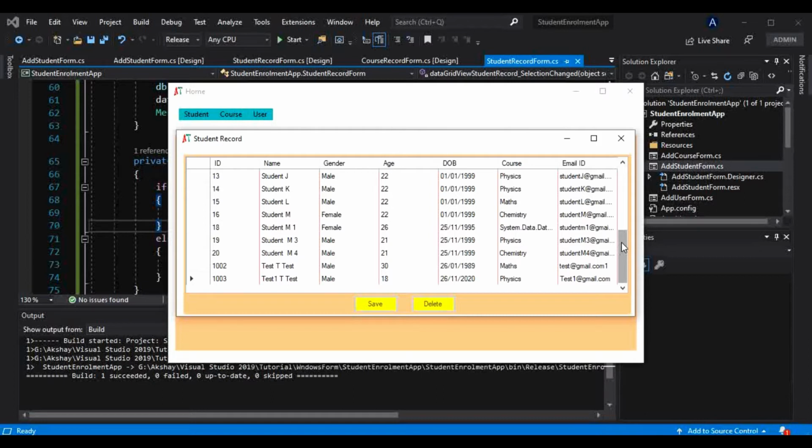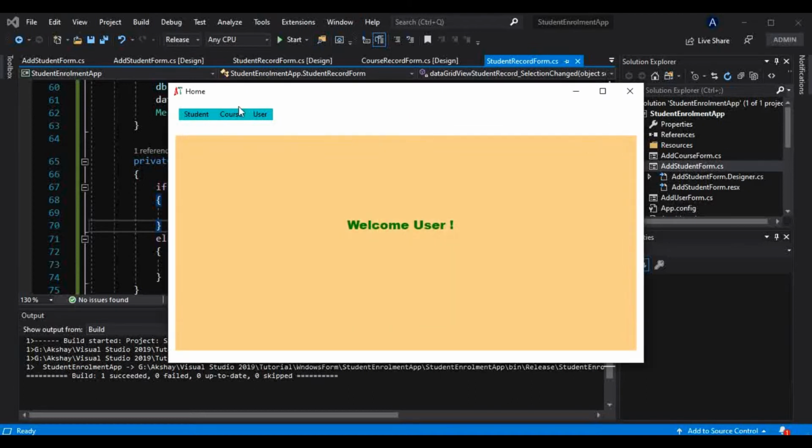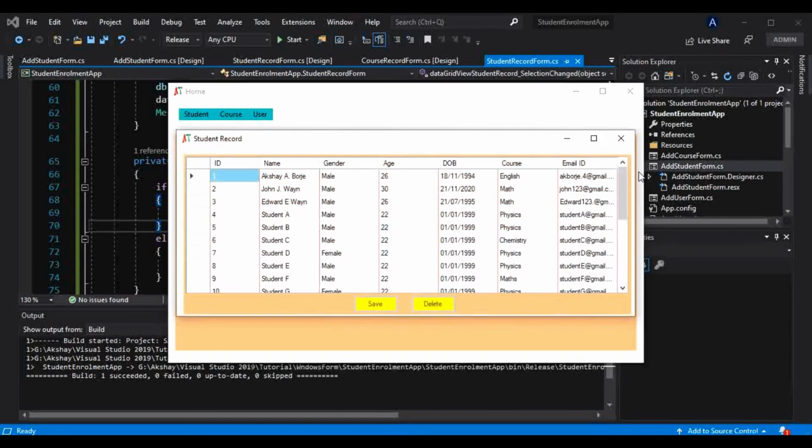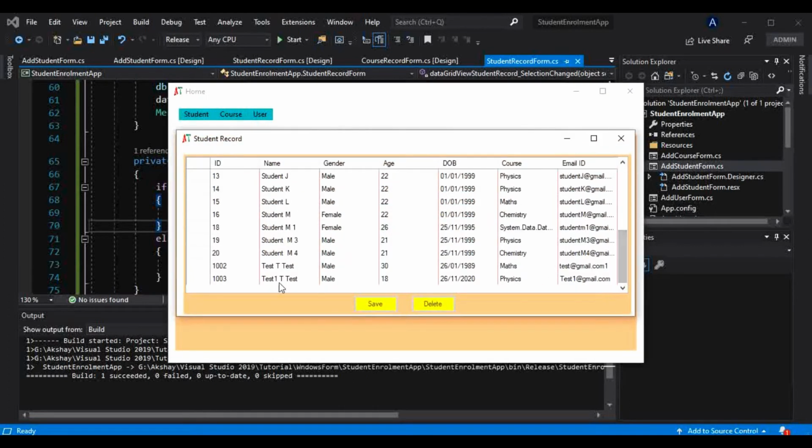So that functionality we should provide the user. That is, we should confirm from the user if he or she really wants to delete this record. So now for that, what we can do, and before that, let me show you that this record is really deleted from this. Let me close this and let me go to this student once again, and you will not find that record with that ID, that is 1004.